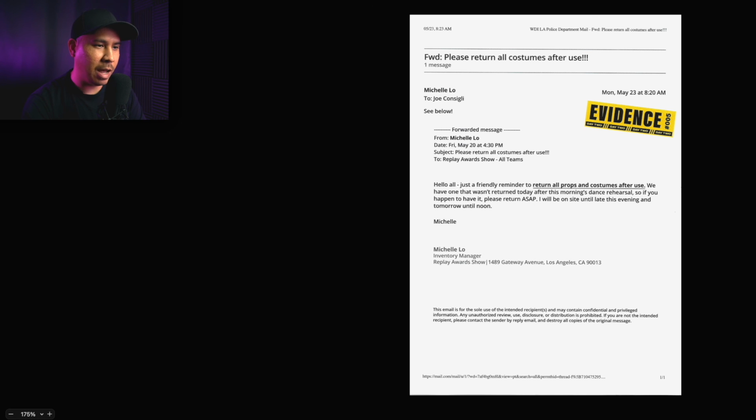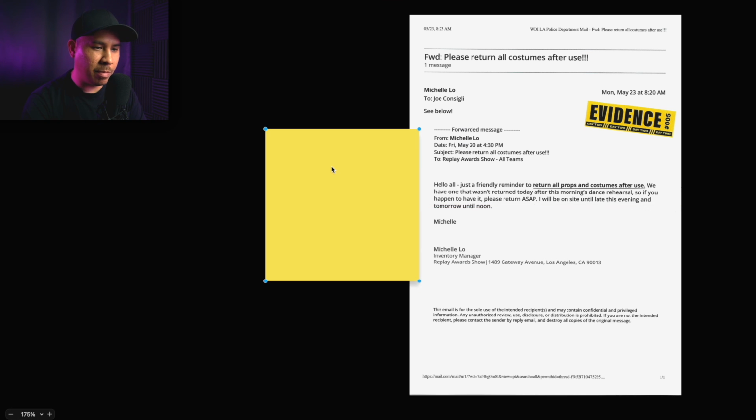Okay, so we have a time frame. I mean, does it really give us more of a time frame? So now do we know what they were used for? It says something about dance rehearsal. So I do probably want to figure out what time that was. We know she sent this at 4:30 though, after this morning. So I need to put this morning. I don't know what else sticks out. We'll just move on for now.